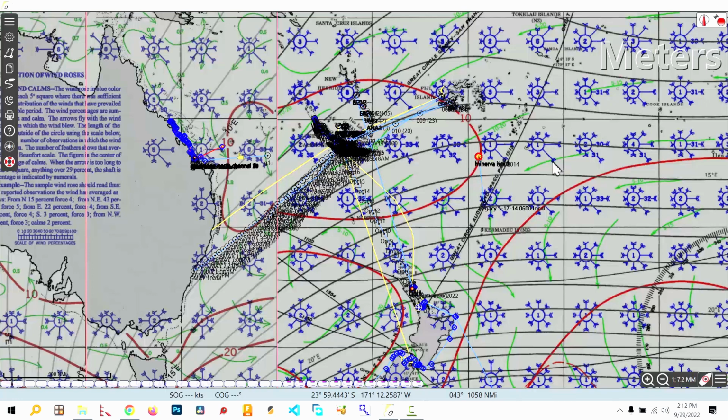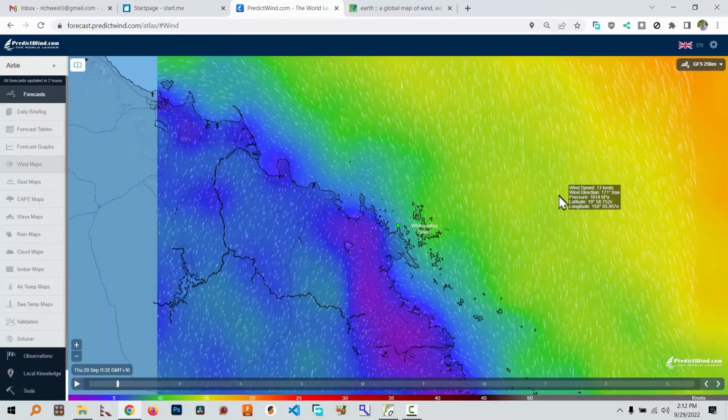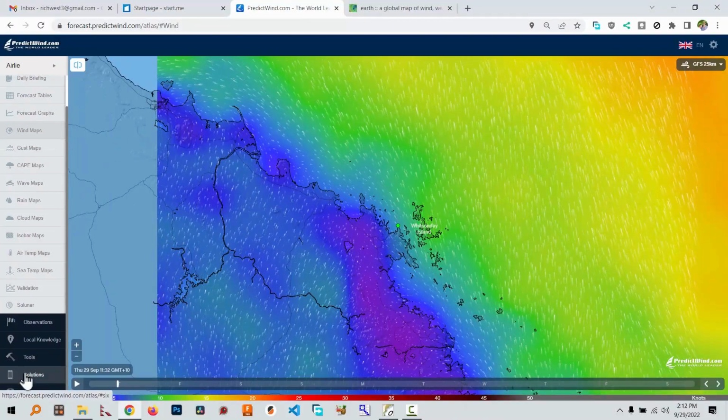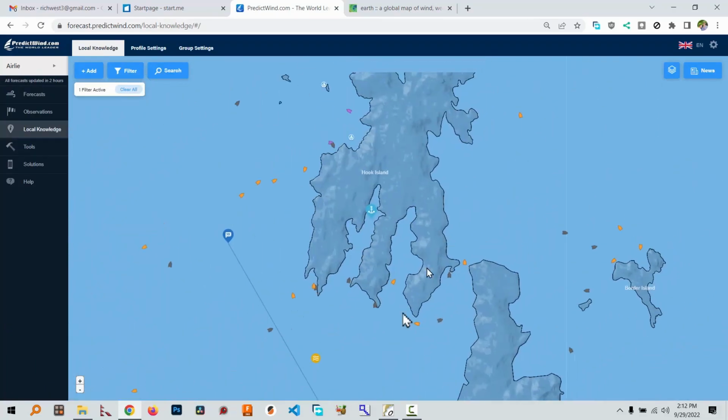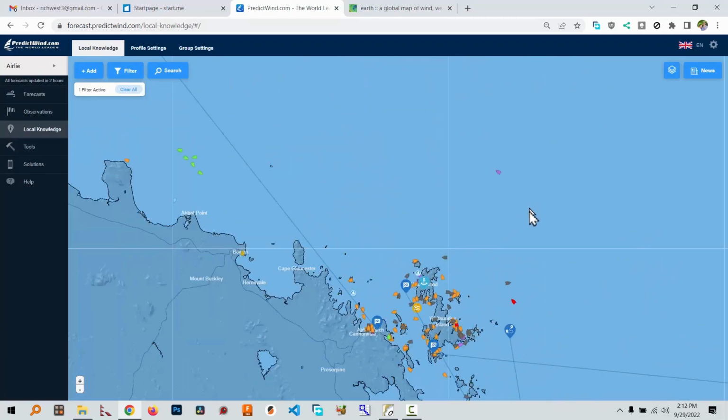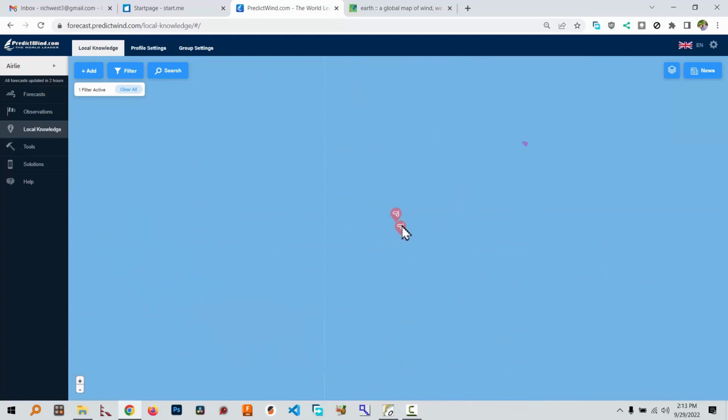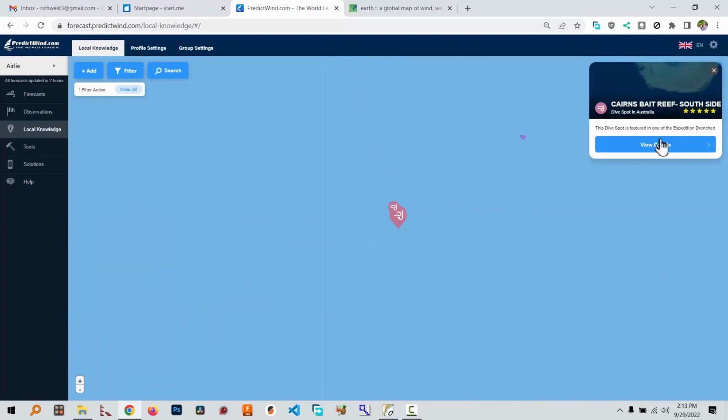It would be better, I think, if we could actually look at historical weather conditions. Well, we can. There's a couple of ways to do that. One way we could do that is on PredictWind. We could go down here to local knowledge, and then we can find an activity somewhere that we're interested in. For instance, maybe here there's snorkeling out at this reef. We can look at the details,